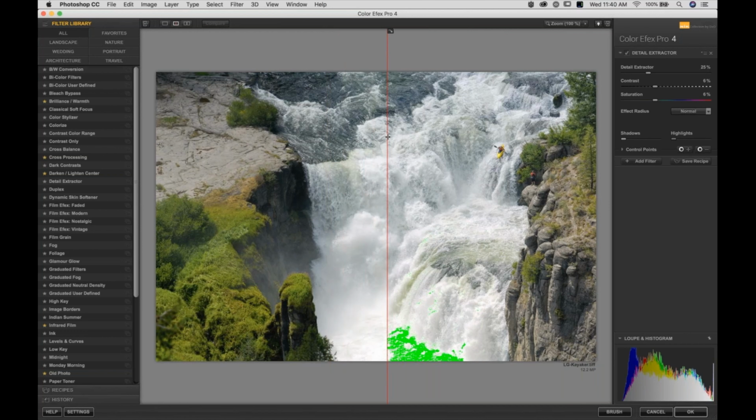Now, where was I? I want to explain this filter, show you the histogram. Oh, and I wanted to talk to you about the presets that are built into each filter. So there are things called recipes in Color Efex Pro, which are combinations of multiple filters. And then there are filter,